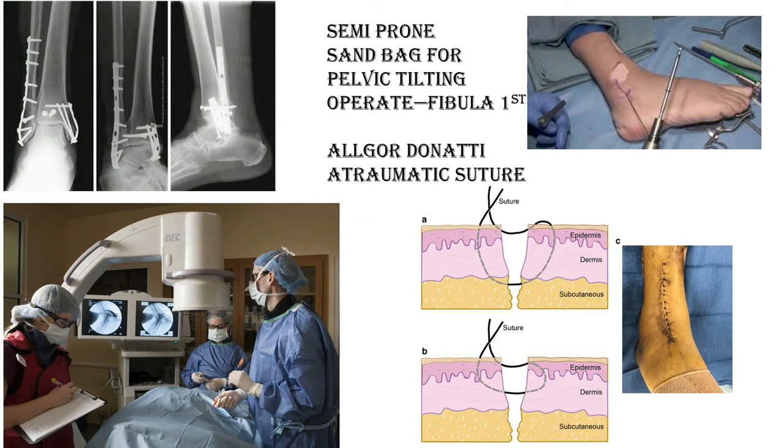And after any implantation, as there is a skin-bone area, you have to do the suture with an atraumatic suture. This is called the Allgower-Donati atraumatic suture. This is the normal mattress suture, but in the Allgower-Donati suture, which is called atraumatic, we take the dermis except the epidermis, and it will appose automatically, and it will help good healing without any damage to the vascularity of the underlying skin.